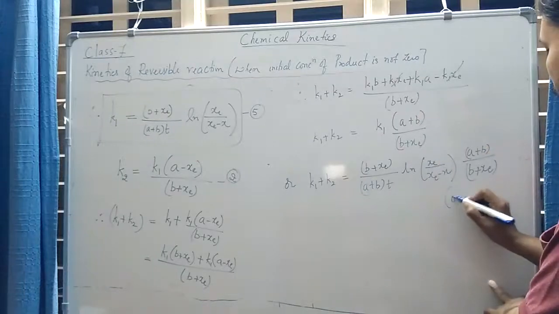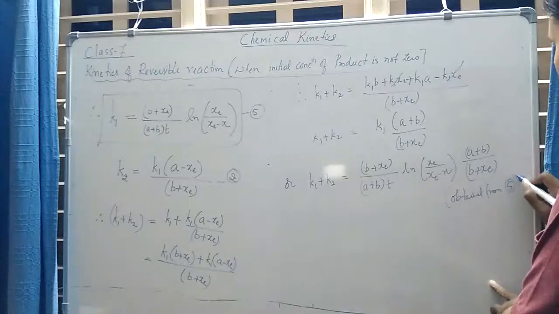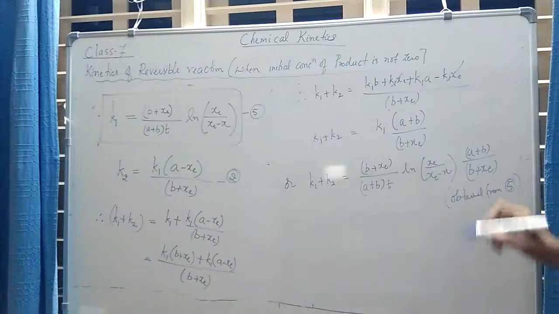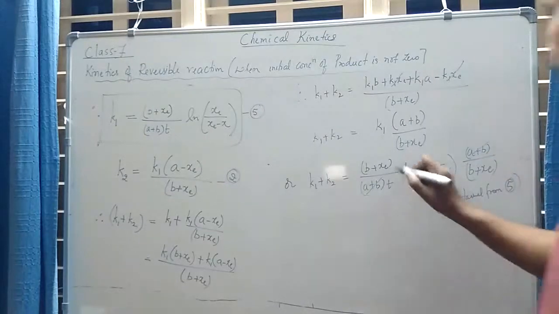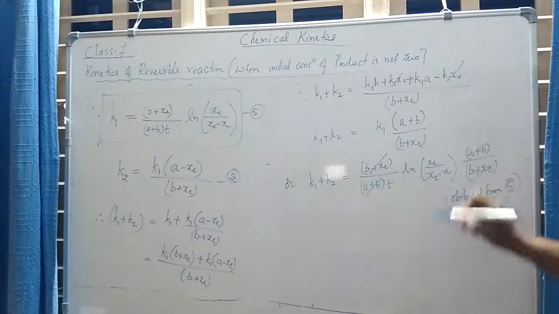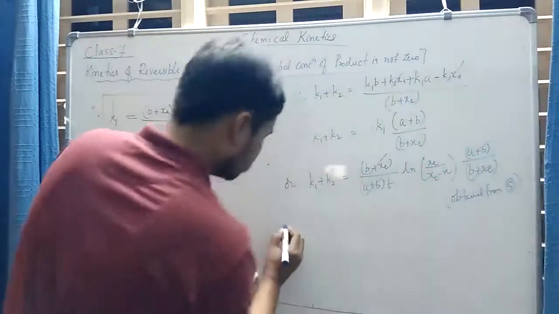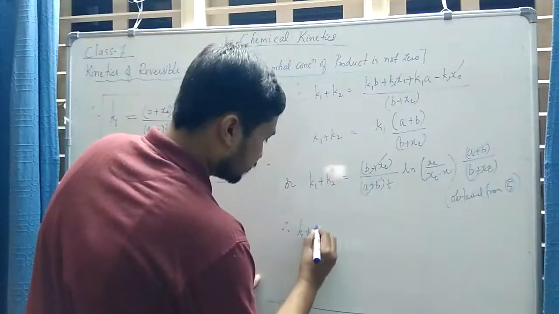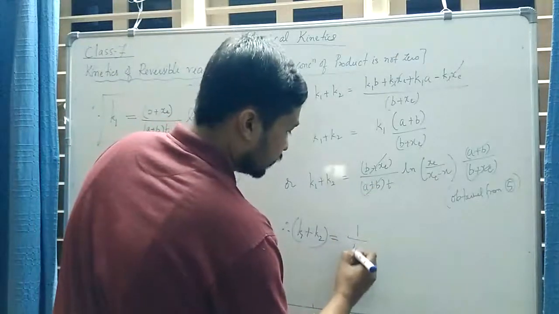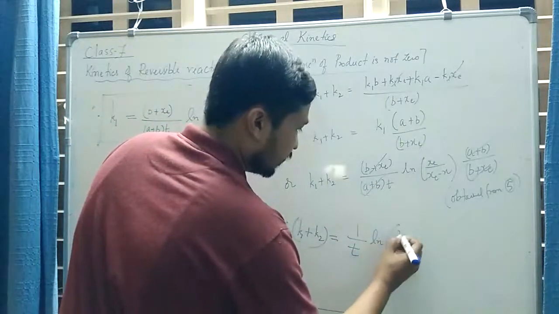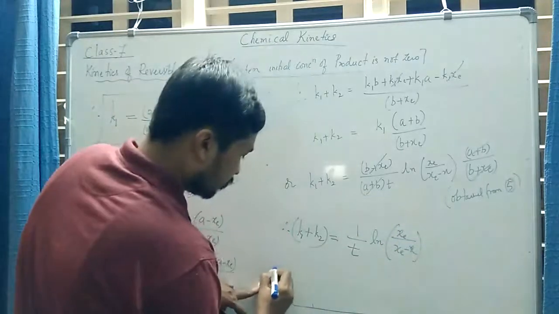So this is obtained from equation 5. So you have a plus b in the numerator and a plus b in the denominator, which becomes 1. Similarly, b plus xe in the numerator and b plus xe in the denominator also cancels. Okay, so you have therefore k1 plus k2 is equal to, okay, 1 by t into ln of xe divided by xe minus x, or